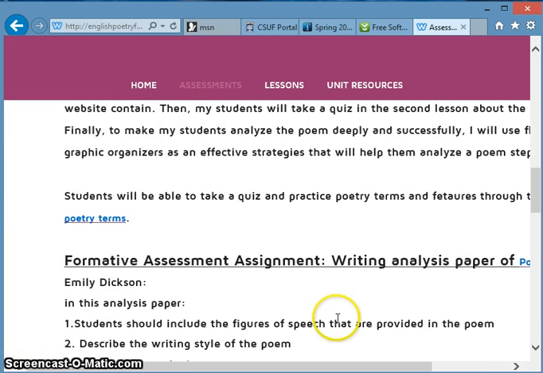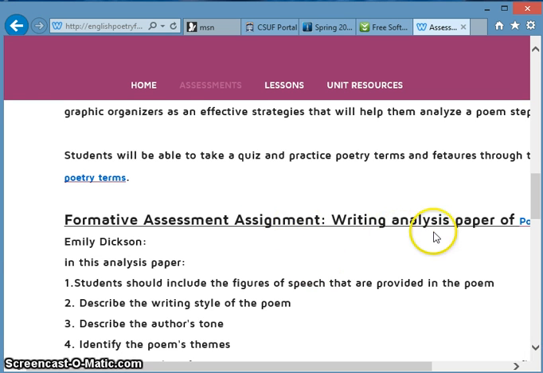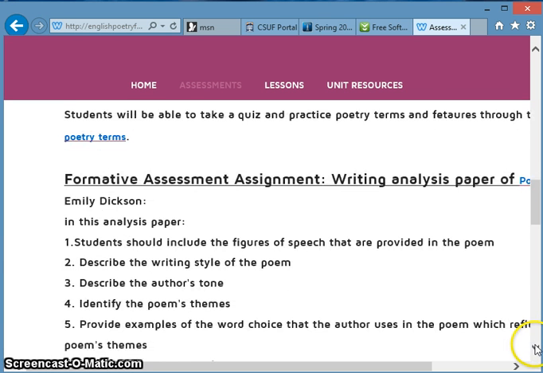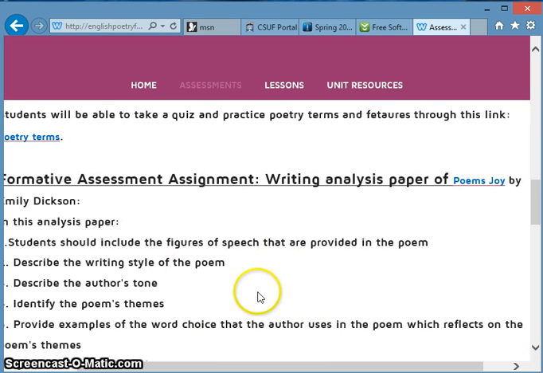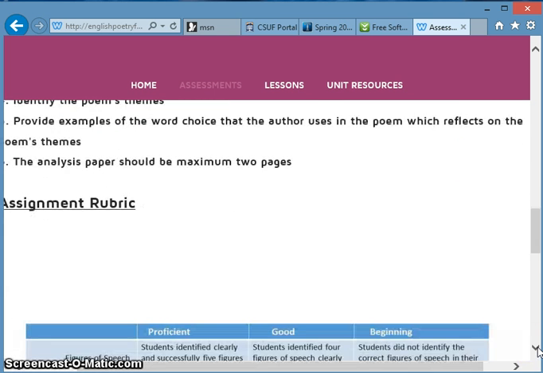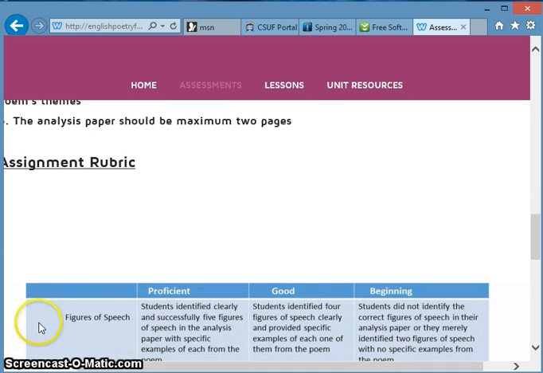Also, this assessment page includes the requirements for the formative assessment assignment, which is writing an analysis paper of an Emily Dickinson poem. And here are the requirements that students can view to write their analysis paper successfully and clearly. Also, this page lastly contains